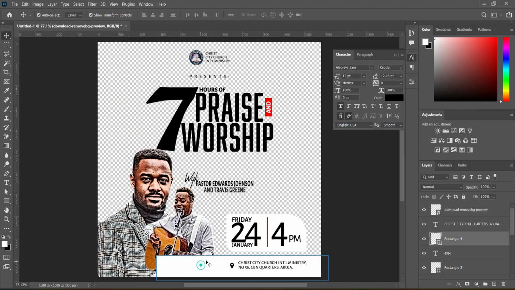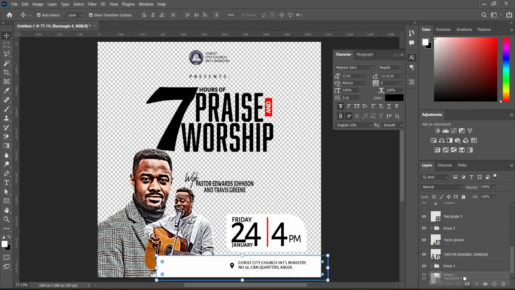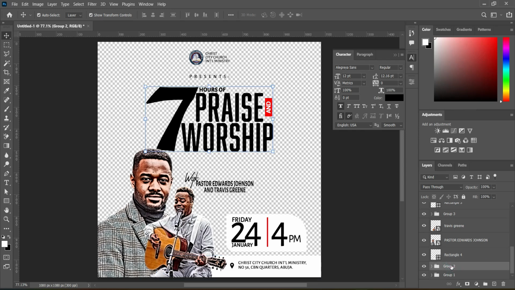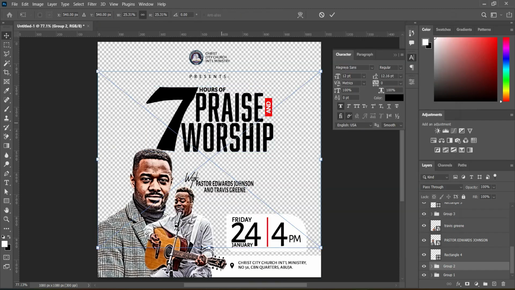All right. So then I'm going to drag this rectangle down. I will position it over here for now. Okay. So having done this one, the next thing we are going to do now is bring in the background. First, I'm going to import this background here,